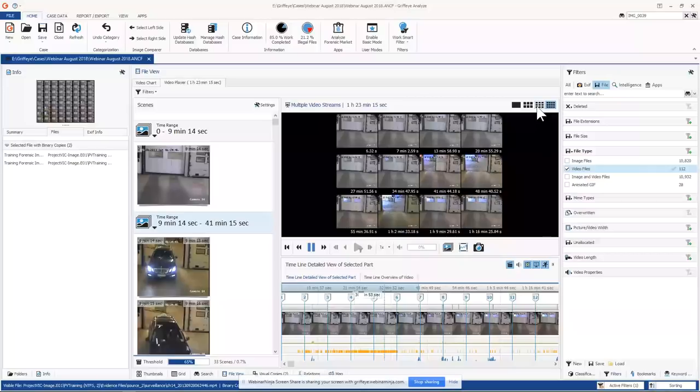So I can potentially get through an hour and 16 minute long video in just a matter of minutes by playing it however I get this set up. And notice the timeline, these playheads are moving on the bottom.